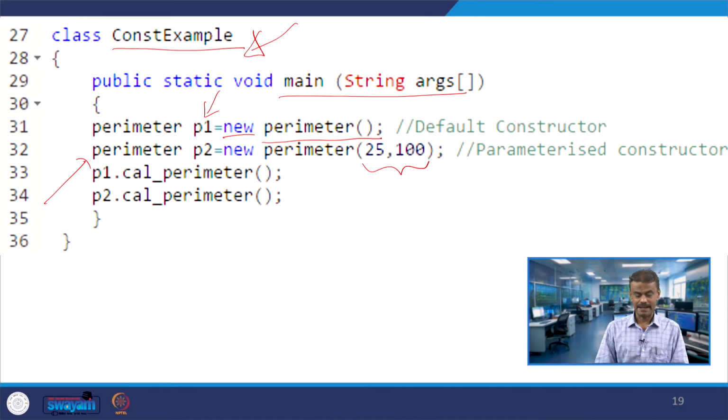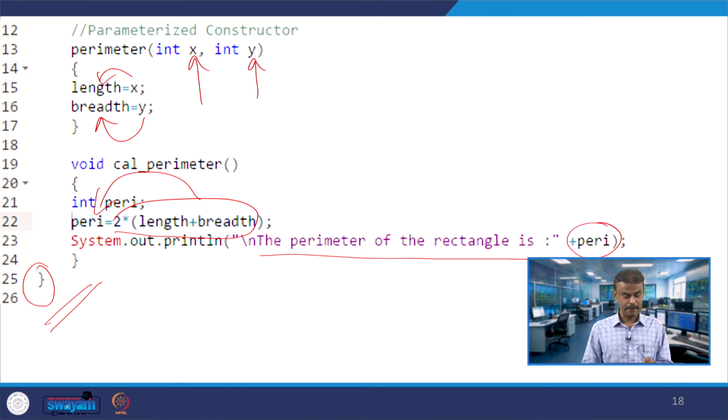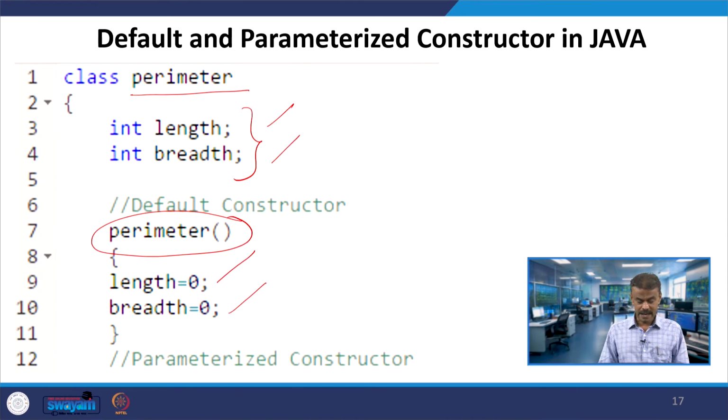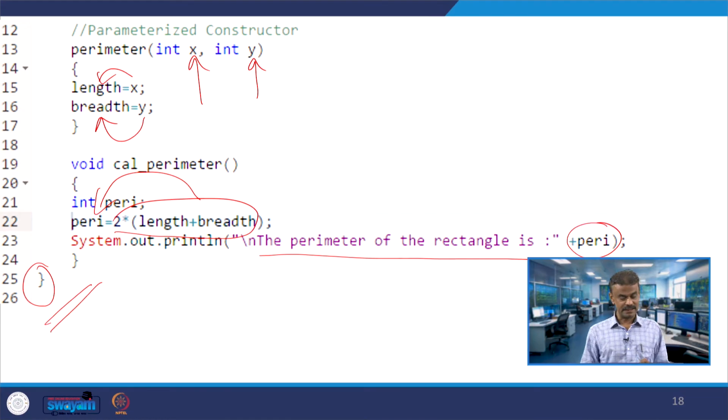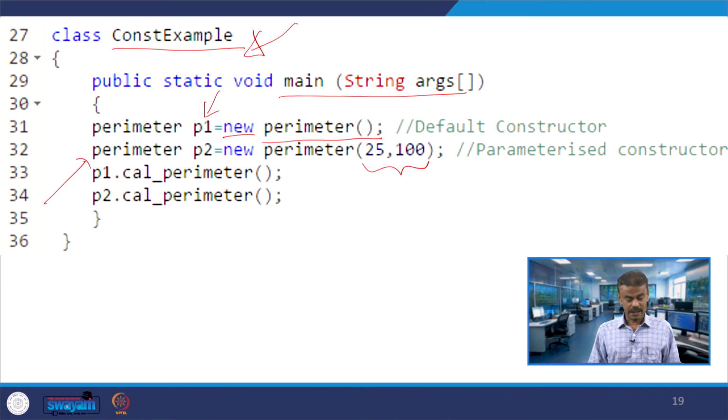When I am creating P1, what is happening? The default constructor will be called, so length is 0 and breadth is 0, that is it. I hope you understand. When you are creating object P2, you are passing 25 and 100.